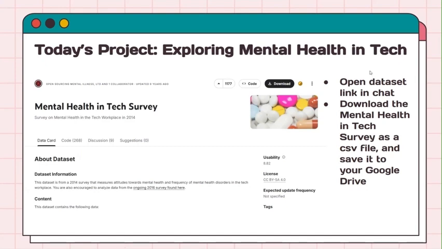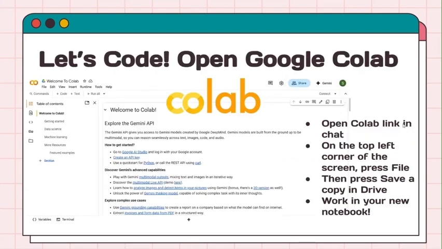Okay, by now I'm hoping most of you have downloaded the data set to your Google Drive. So now it's going to be time to code. You'll follow along in your own browser using Google Colab, which lets us code without needing anything installed. It's kind of like a shared notebook where we can write and run Python code step by step while writing text explanations explaining the code.